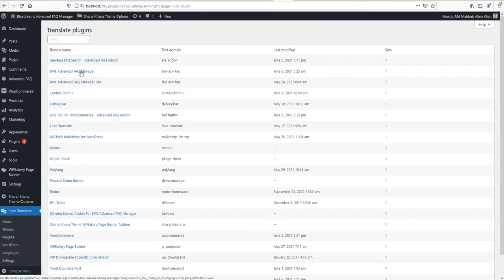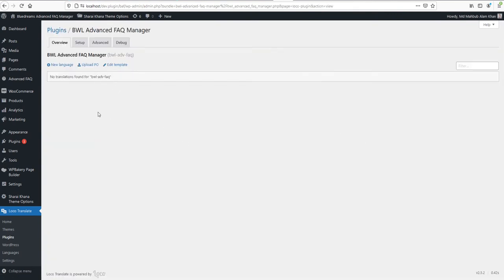So next you have to click on this link, and there is no translation file available for this plugin. So let's create a new translation file. Click on the new language,